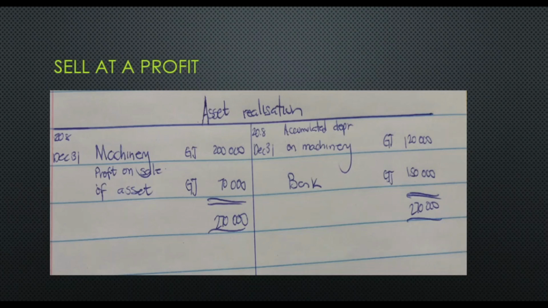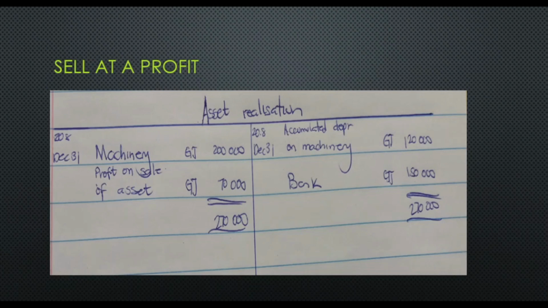So now we have our T account asset realization. We want to know how much is the profit on sale of asset, as in the example that we're dealing with, we're going to have a profit on sale of asset. So we know that the machinery at cost was 200,000, so we're going to debit machinery with 200,000. The accumulated depreciation on machinery, the 80,000 that was given at the beginning of the year, and the 40,000